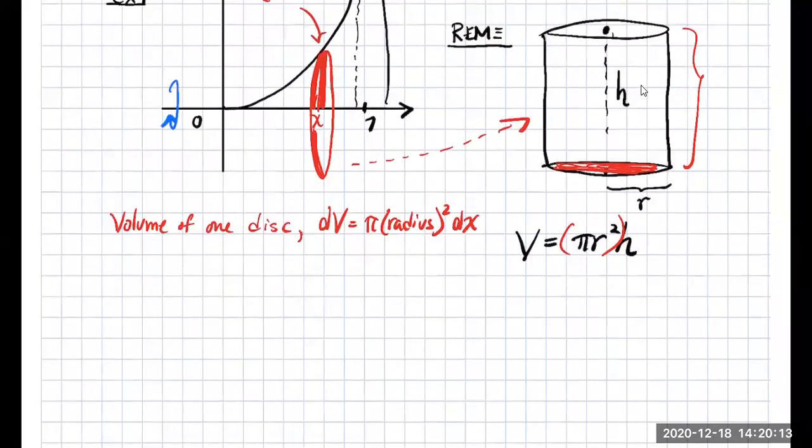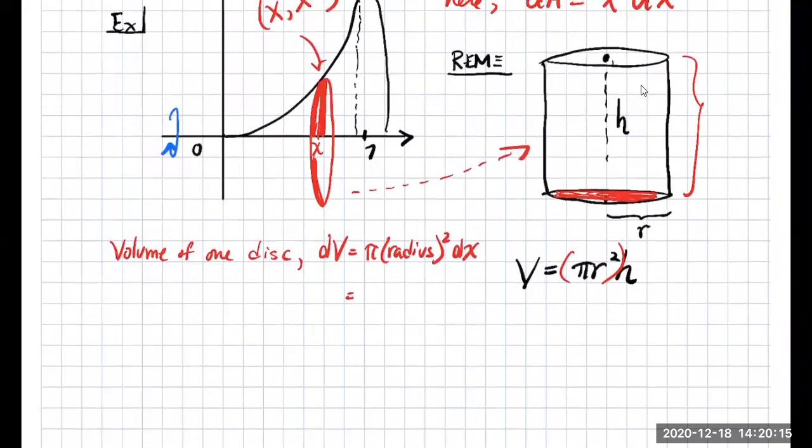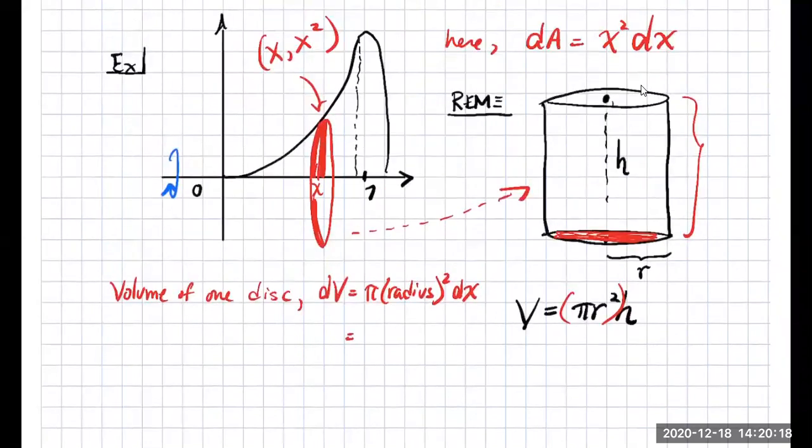Now, the radius, what's the radius going to be? Well, the radius is this vertical distance right here. In fact, gang, it's the length or the height, in this particular case, of the rectangle that created it. That distance from the center to the top of the rectangle, you know what that is? That's the y-coordinate of the top of the rectangle. And so we'll write then